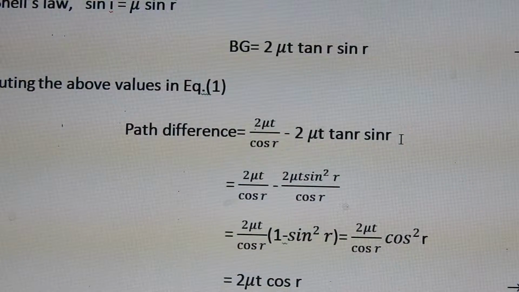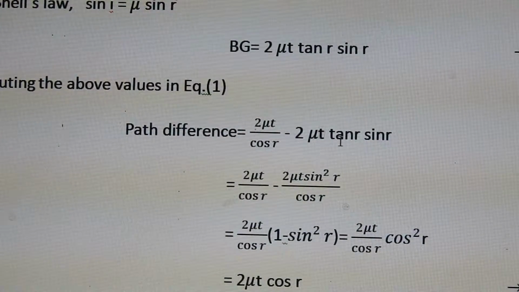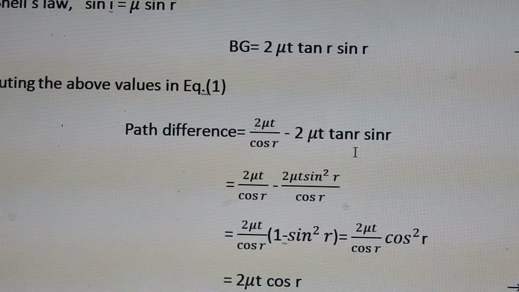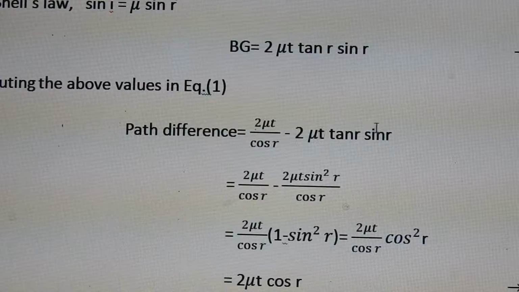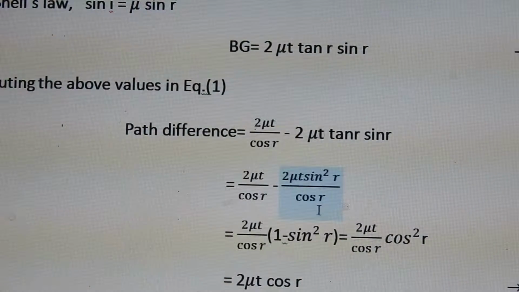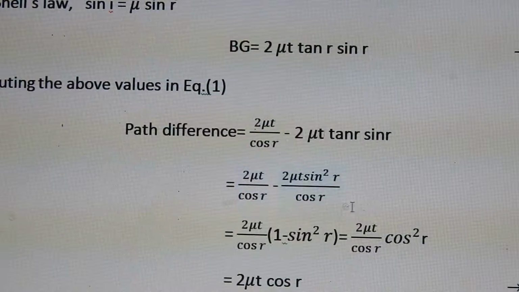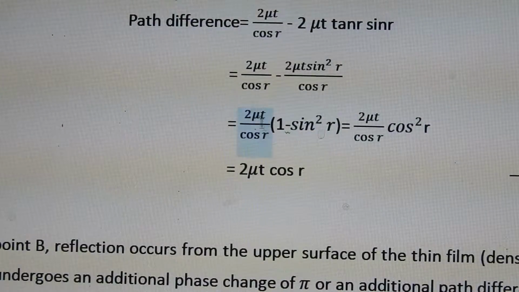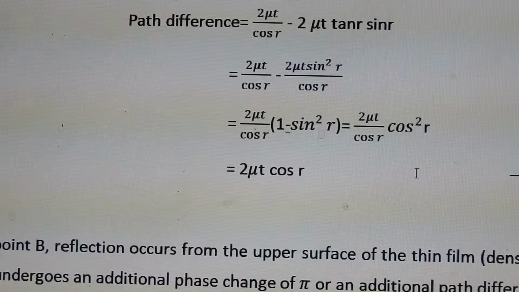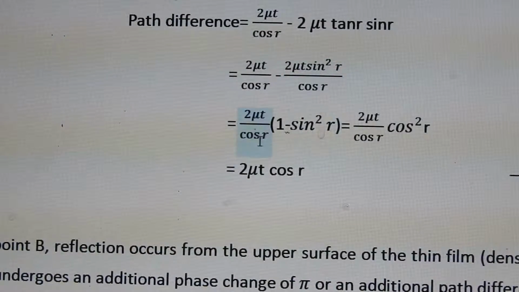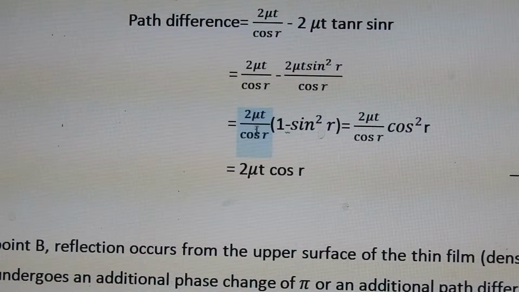Then what I am writing is, tan R is equal to sin R by cos R. So we get sin square R by cos R, 2 mu T as it is, 2 mu T cos R as it is. Here we can take 2 mu T by cos R common, so if I take common 2 mu T by cos R, 1 minus sin square R